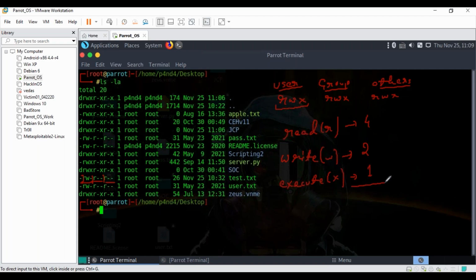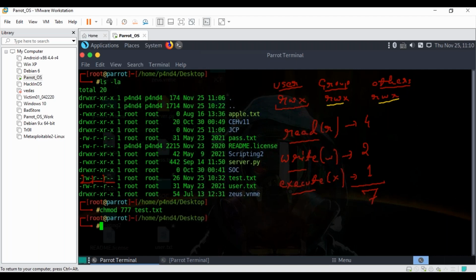If I add all of them, what will I get? Watch carefully. Right now the permissions are rw-r--r--. Now if I want to give them permissions like rwx, rwx, rwx, for that I will simply write chmod 777 and the file name.